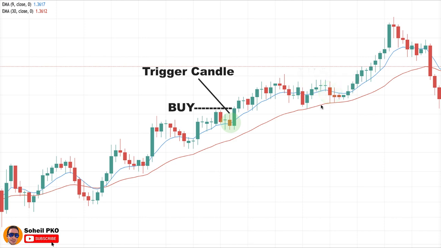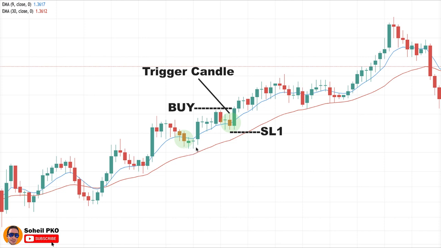And for placing stop loss, we can use the trigger candle. For this trade, we can set the stop loss below the low of the trigger candle or the low of the breaking candle or any candle in between if it's lower than the trigger candle low, like here in this case that the between candles have lower low than the trigger candle, so we can set the stop loss here